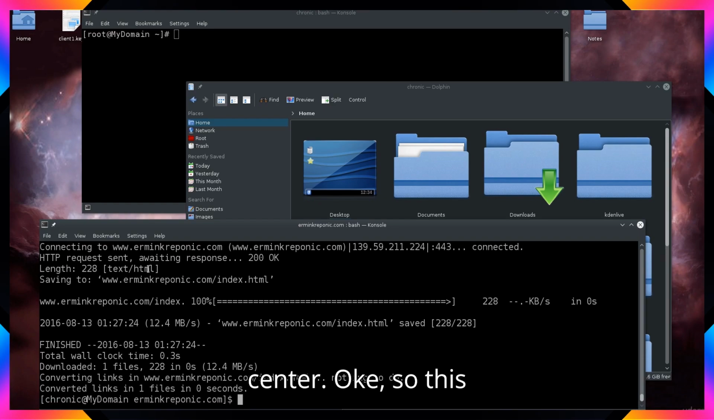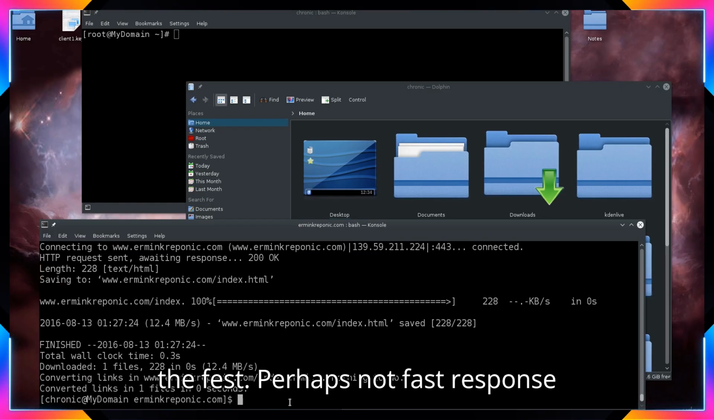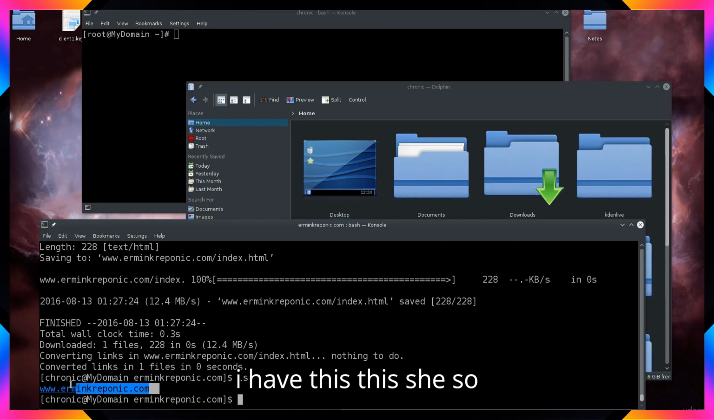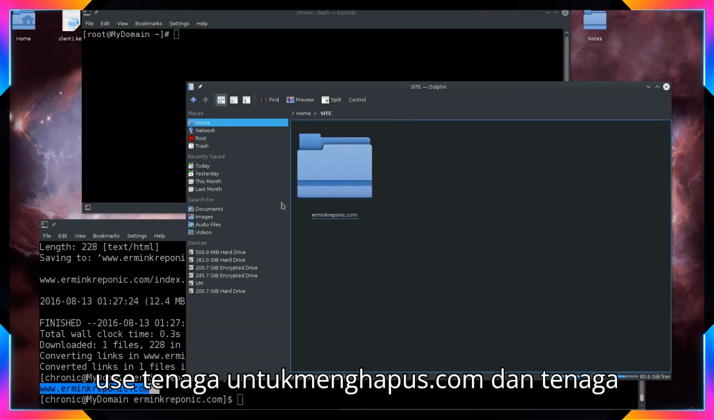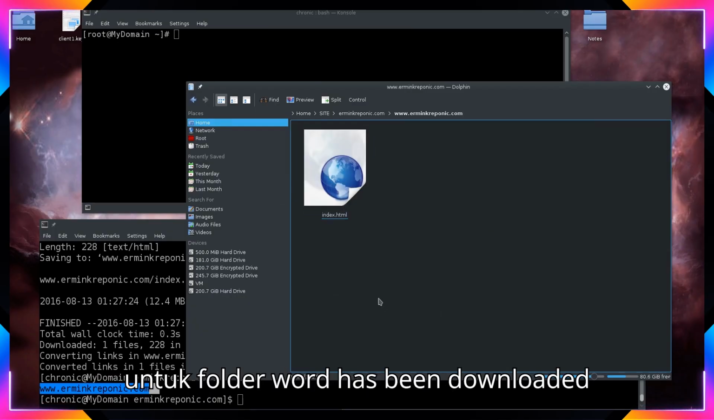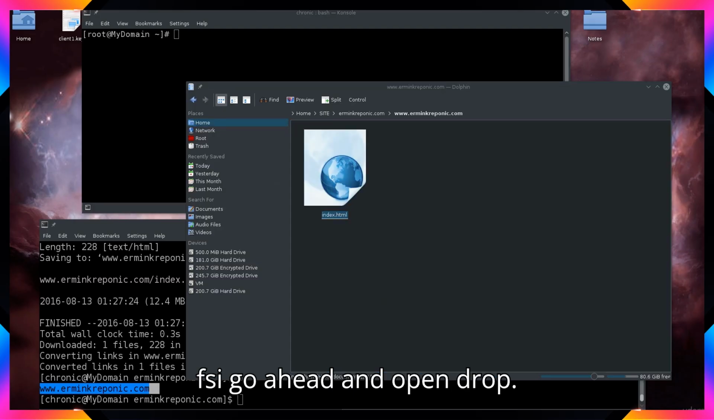Okay, so this finished rather fast, and it usually will finish rather fast, perhaps not as fast, because my site is rather simple. And there you go, I have this saved. So if I go into my file manager and I go into site and I go into admincrappunch.com and then I go into the folder where it has been downloaded, I get the index.html. And if I go ahead and open that up,